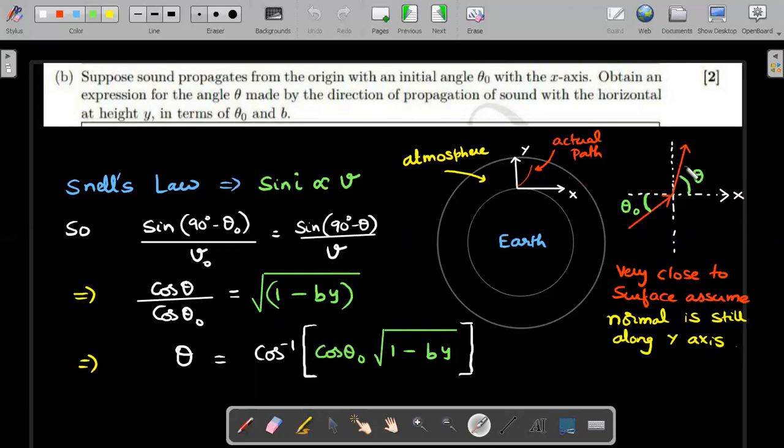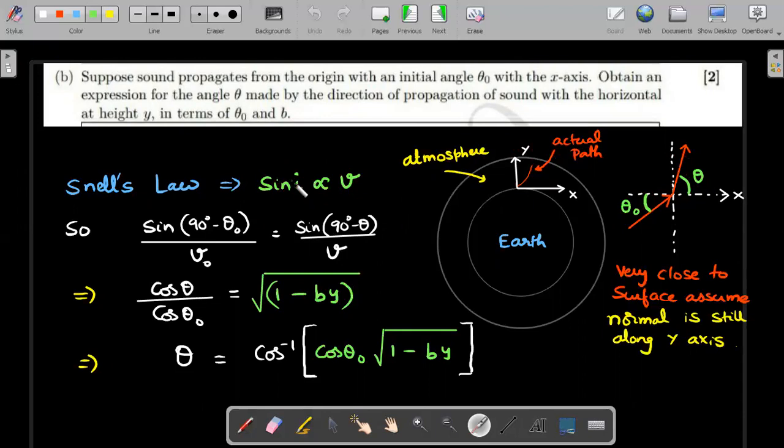Remember, this is not just direct. This is from one position to another position directly depicted here. Actually, these two rays would be separated by some height, but I've directly drawn the diagram. So this angle theta and this theta naught are related by Snell's law. Snell's law talks about the angle made with the normal, so you should be very careful here, whereas the theta mentioned in the question was with the x-axis, that's horizontal.